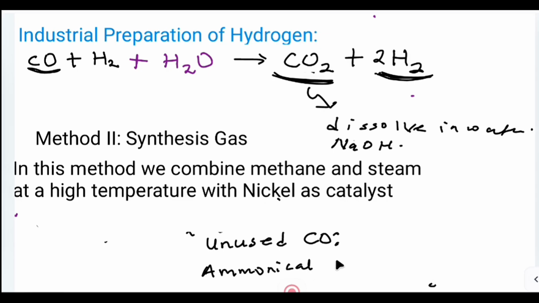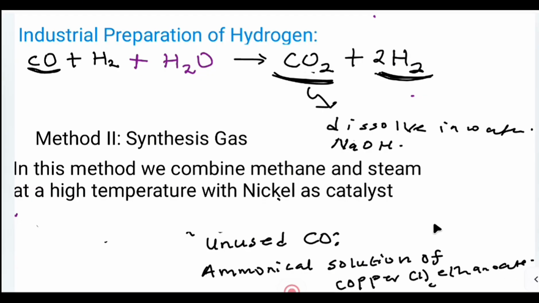To remove CO, you use ammonical solution of copper 1 ethanoate. These are likely exam questions. In the Bosch process, to remove unused carbon dioxide, we use ammonical solution of copper 1 ethanoate. Okay? And lastly,